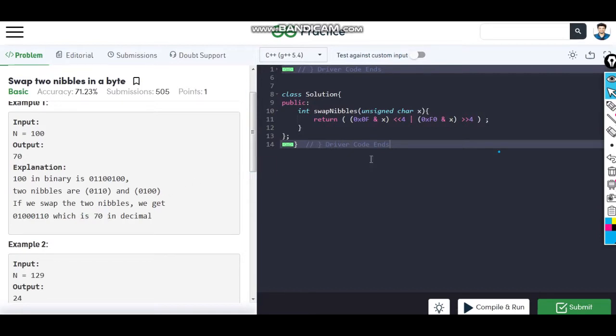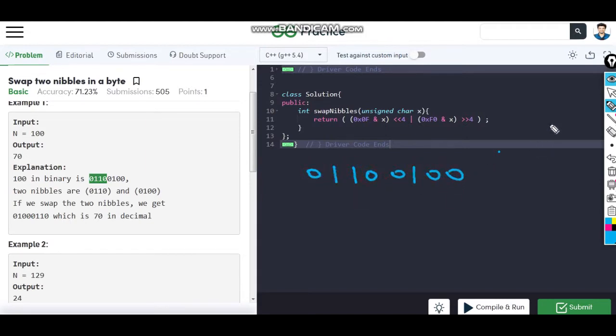So the brute force approach that you can apply is just to convert the number into its binary representation, and update that array with the last 4 bits. Let me show you first. This is the representation: 0 1 1 0 0 1 0 0.